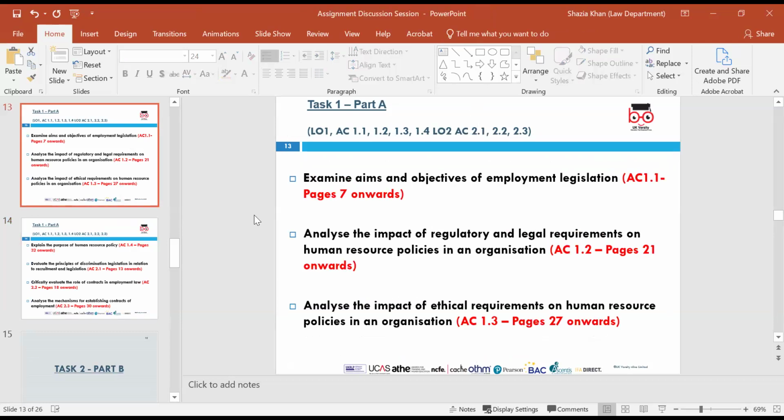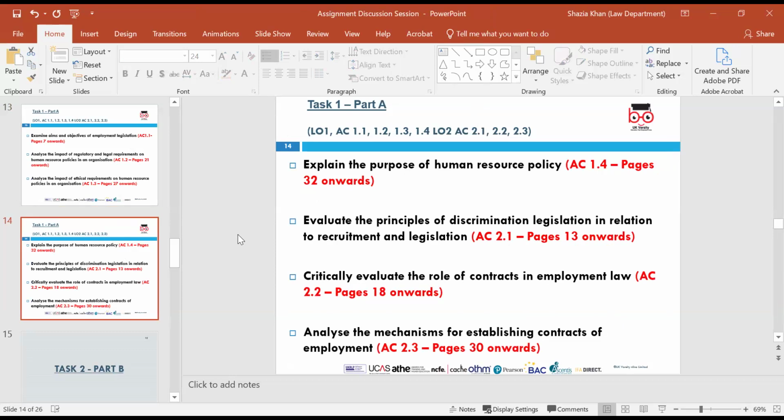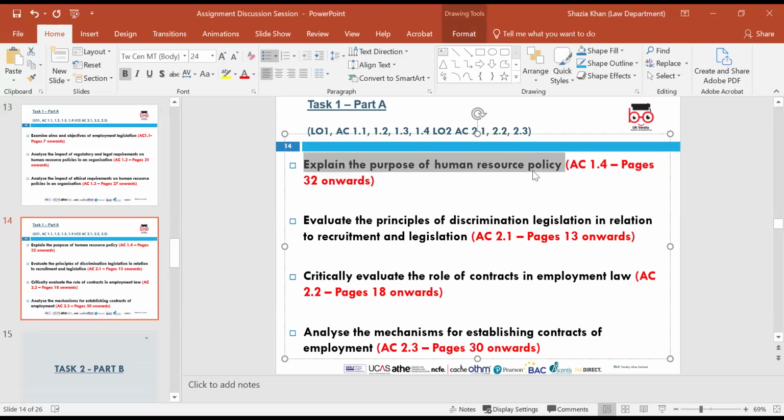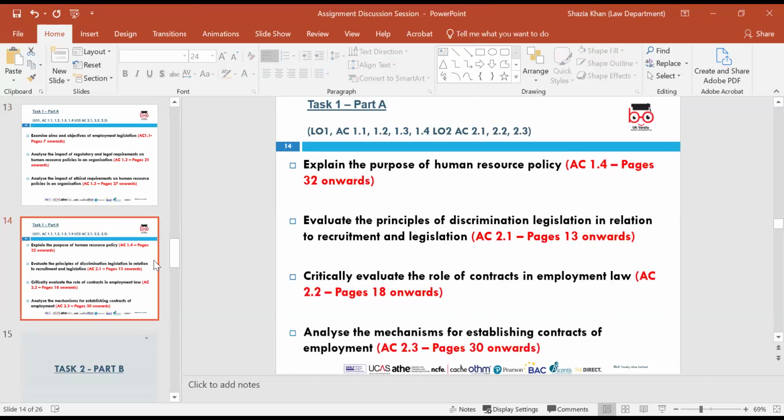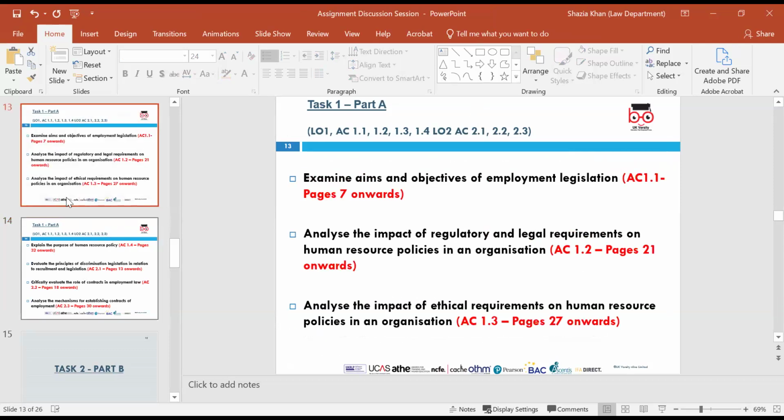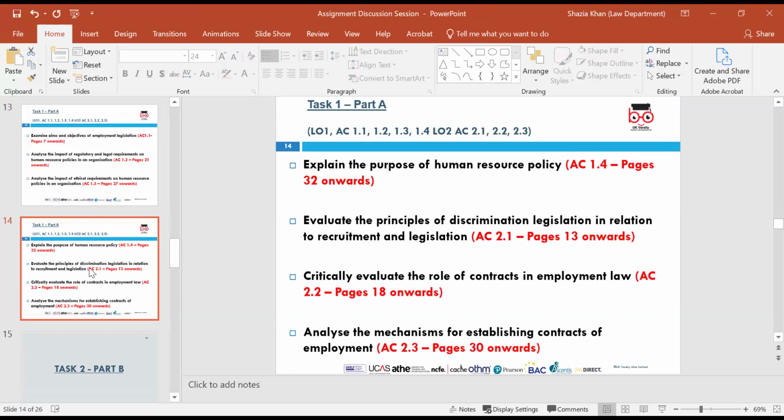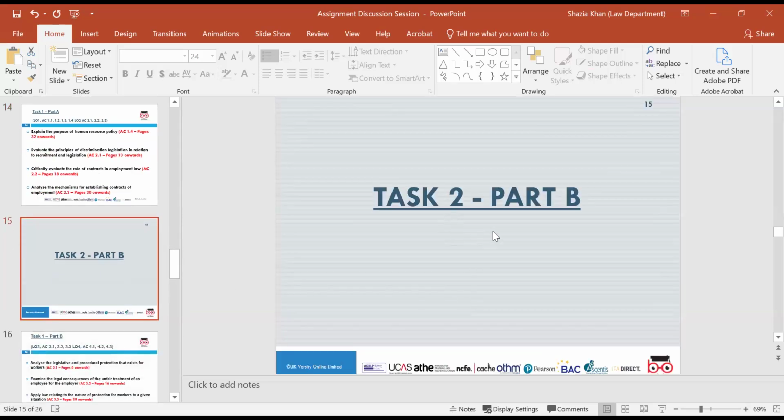So for part A, you've got 1, 2, 3, 4, 5, 6, 7. You've got 7 parts to do for part A, okay? Seven elements there. Make sure you have each one as a heading, and then you write under the heading. You need to make sure it's clear. And part A is learning outcome 1 and learning outcome 2, okay? And here in red, it tells you where it is. You could use them and also put in more examples and work around answering what the question is asking you, okay?